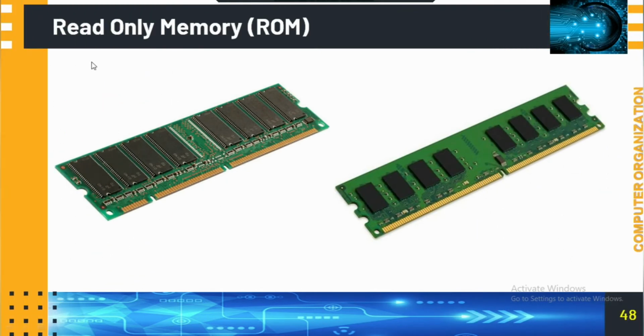Now let us see what is meant by read only memory. What is the expansion of RAM? Random access memory. On that device you can do both read and write operations. In ROM we can only read the data available in the ROM chip. The data is stored in the ROM at the time of manufacturing the CPU, when the ROM chip is also built in. The data is available in the chip in read only mode. We cannot change the data inside this ROM, we just read the data. That is why we call it read only memory, ROM.